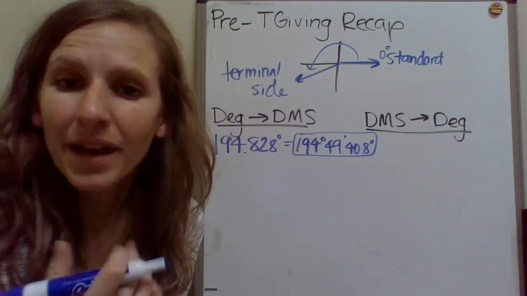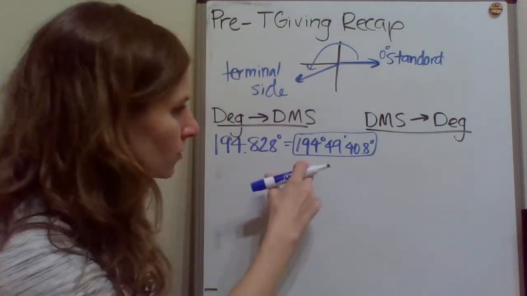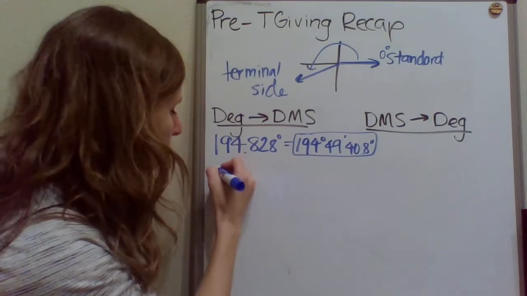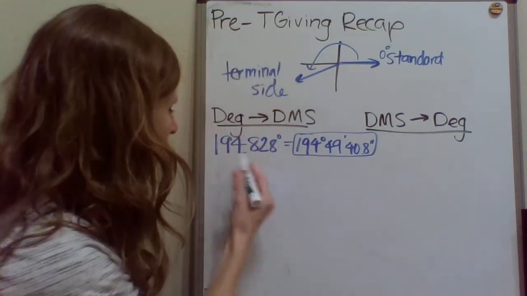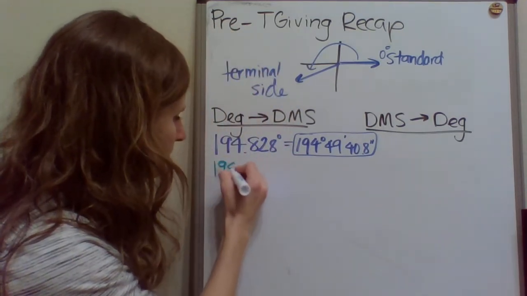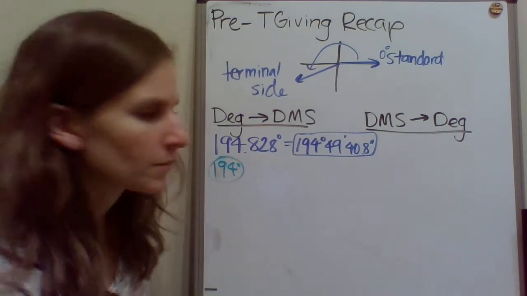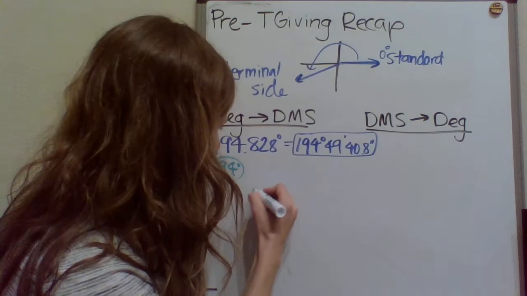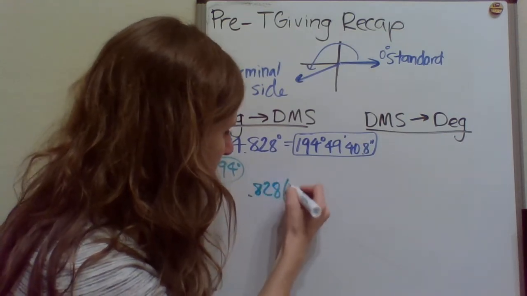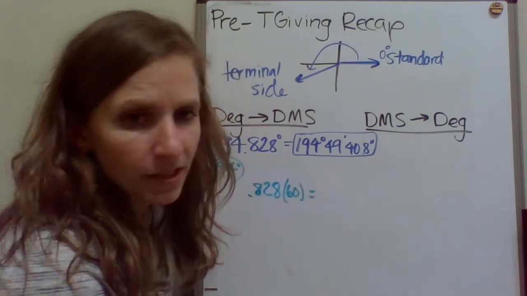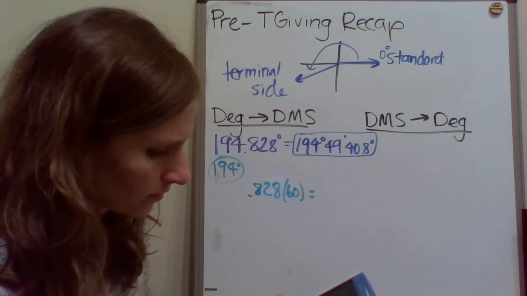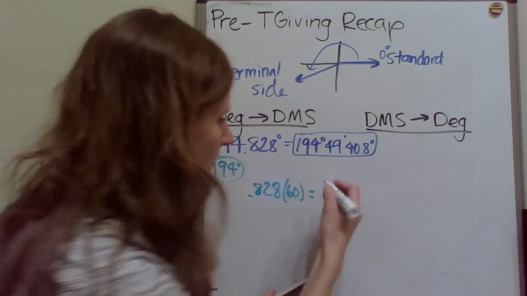So that's super quick. By hand, it's really not that bad either. Essentially, you know it's going to be 194 degrees already. Let's do a different color. So if it's already 194 degrees, that's one part. Then you need to just take the decimal and convert that to the minutes and seconds. So we'll take 0.828 and multiply that by 60 to get our minutes. So if we do that, then we end up with